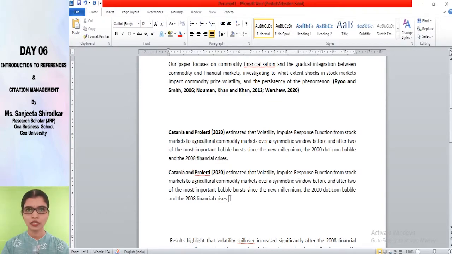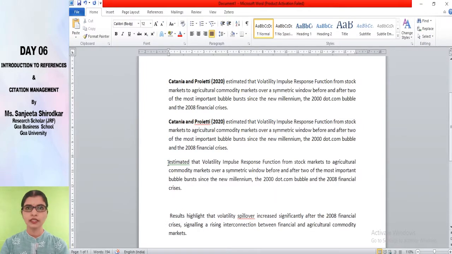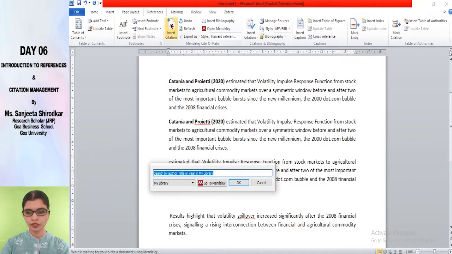Let me do one more thing for this. Control C. And you want to insert it in front, before starting the sentence. How do you bring it in that format? Reference, insert citation.